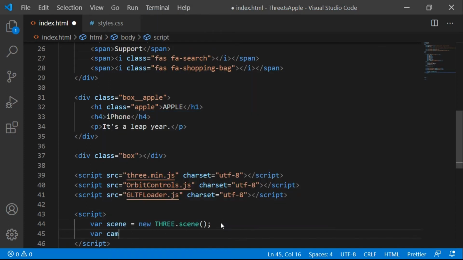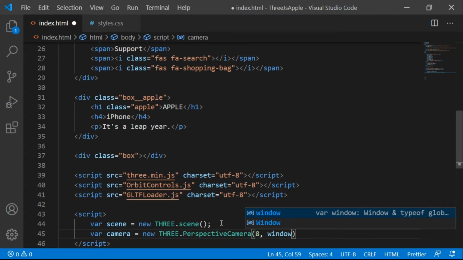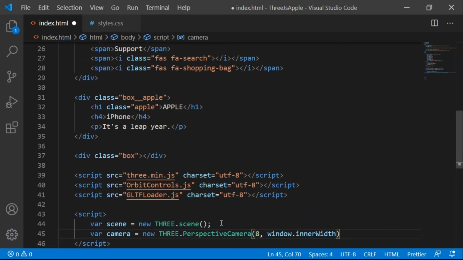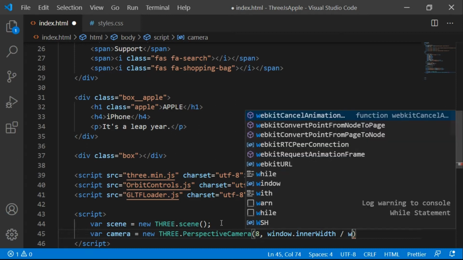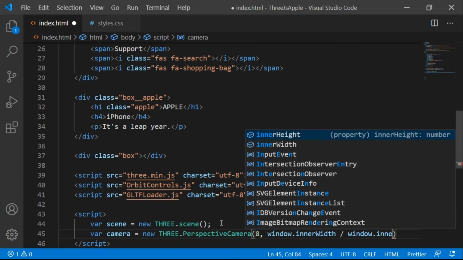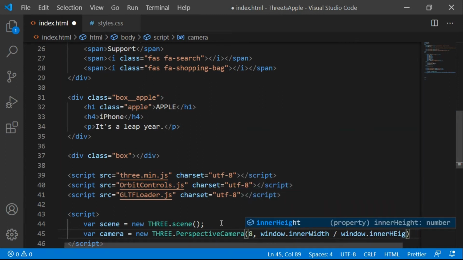Let's add a var here, which is var camera. Camera is something which is gonna have an eye on the model. You are in the real world and you're looking at an object which just performs its activity, and you can see all three sides of it. So THREE.PerspectiveCamera, and we're adding the parameters here: window.innerWidth divided by window.innerHeight, which is setting up the perspective camera from the three.min.js file.